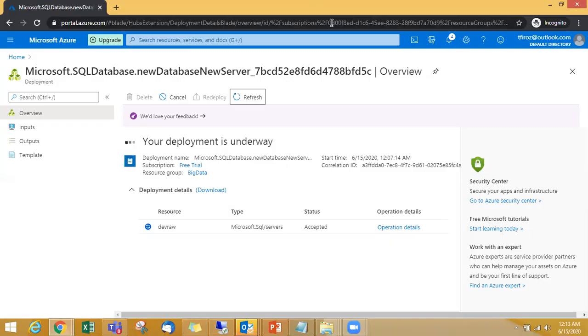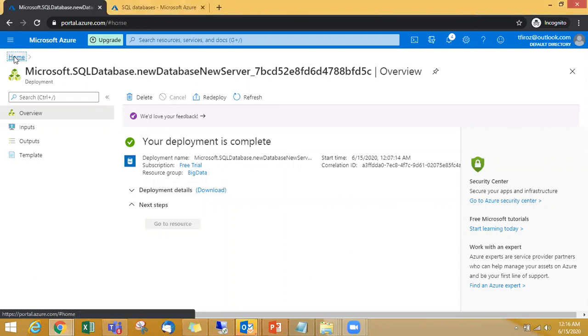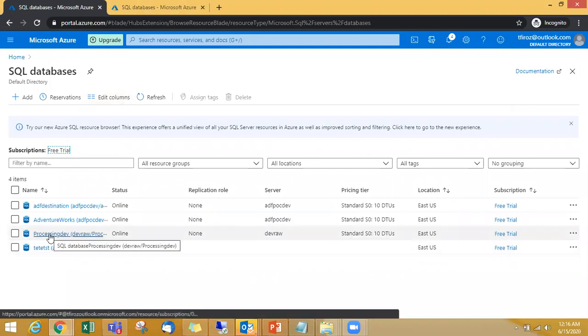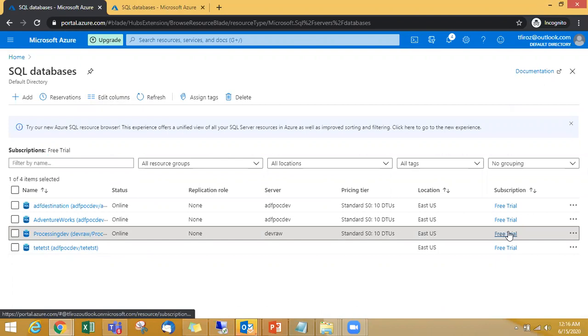So the deployment is done. What I will do is go to home again, and then click on SQL database. You can see here that the new SQL database is already created, the status is online, this is the server name, this is the DTU units, the location, and the subscription under which this database is created.